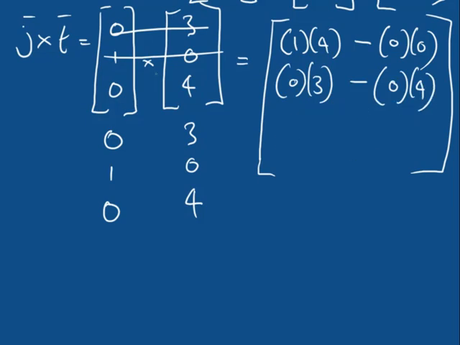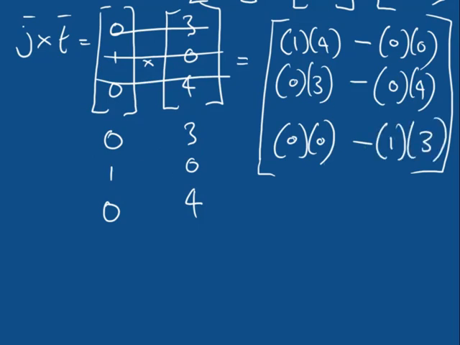Third component, third row of numbers, put a cross through it. Next 2 rows of numbers, top left multiplied by bottom right, 0 multiplied by 0, minus bottom left multiplied by top right, 1 multiplied by 3. So if I erase these just to clear some space, fantastic. So we can now continue to